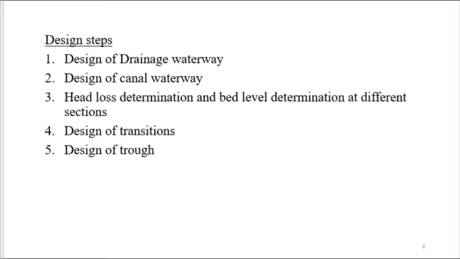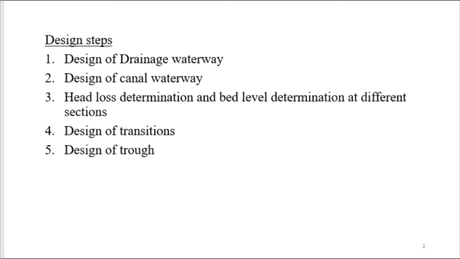Natural drainage width is important because the length of cross drainage work depends upon it, because the canal is crossing the natural drainage. So the width of natural drainage should be the same as the length of cross drainage work, here the length of aqueduct. Second one is design of canal waterway. The canal waterway is nothing but how the shape should be. In the design of aqueduct, usually the cross section will be reduced in order to attain economy. So in how much distance this width can be reduced will be designed.